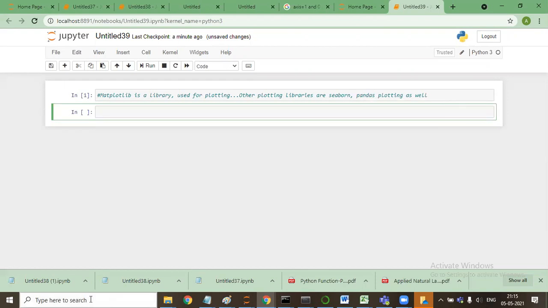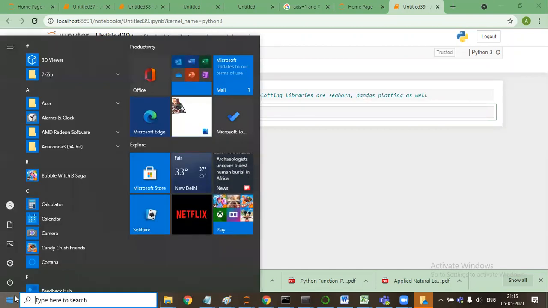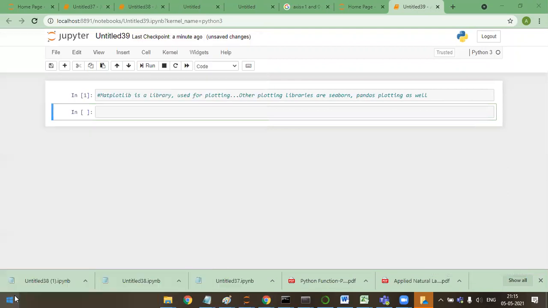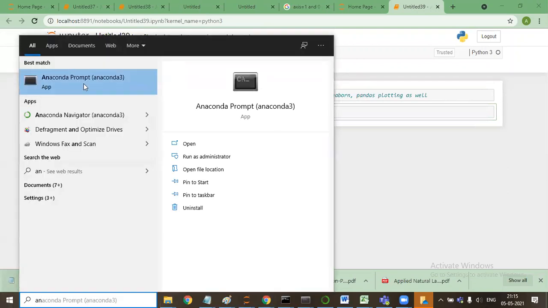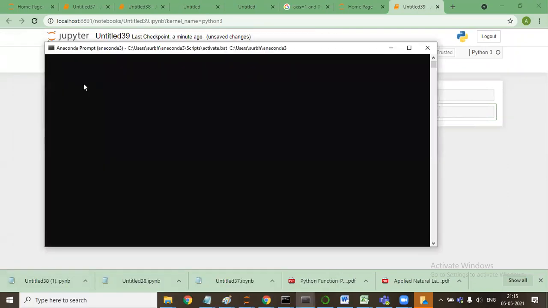First, in case matplotlib is not installed, although by default it comes as a library, I'll open the Anaconda prompt and say conda install. This will update it to the latest version. In case any previous version is there, this will make it the latest version.